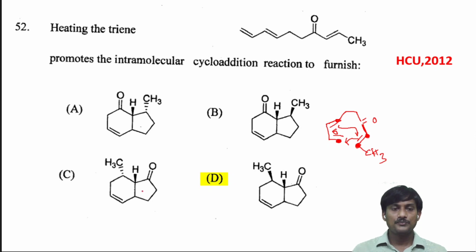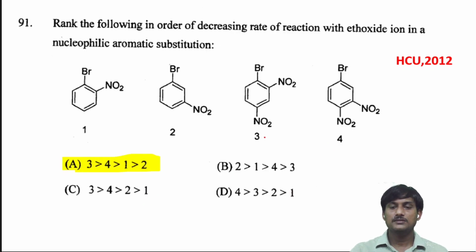If you take this molecule, there is a formation of 5-membered and 6-membered rings, and the 5-membered ring has C double bond O. The relation between this CH3 and this bond should be anti. Here CH3 is above the plane, and this bond is below the plane. These are syn in relation. But if this CH3 is above the plane and this bond is below the plane, there is an anti relation. In trans, we have to get the anti relation. In cis, we have to get syn relation. So this is the correct option.